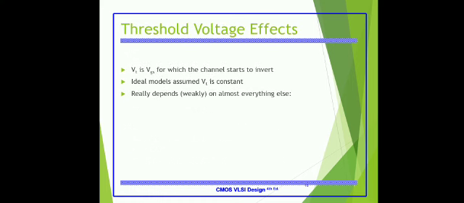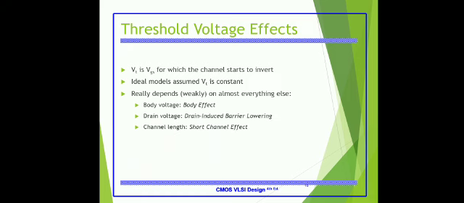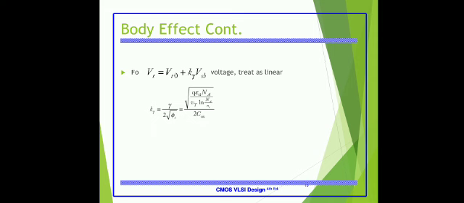device. And in the case of threshold voltage effects, the long channel device enters into saturation, and the short channel device can enter into the velocity saturation region. Here VT is the VGS for which the channel starts to invert. The threshold voltage is assumed to be constant, but it really depends on several factors. The first one is body voltage, the second one is drain voltage, and the third one is channel length. When it is in the linear region, you can write the equation as this,